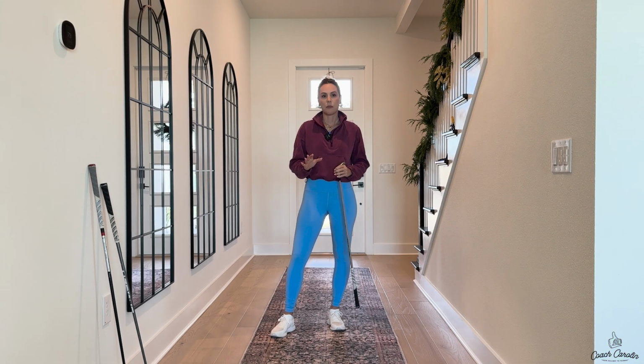where it starts, how we fix it, and how we keep it away for good. All right, the dreaded early extension move. That's something I hear so much about, and a lot of the time people treat it as a root cause